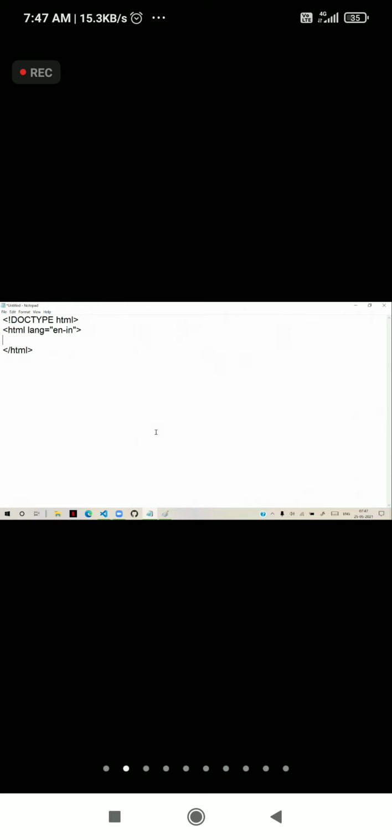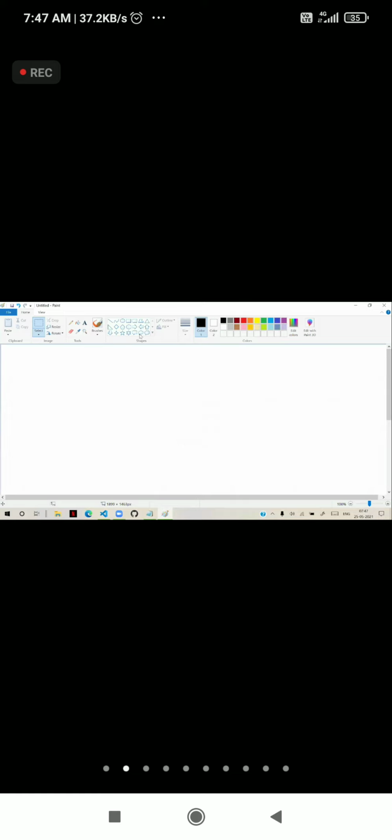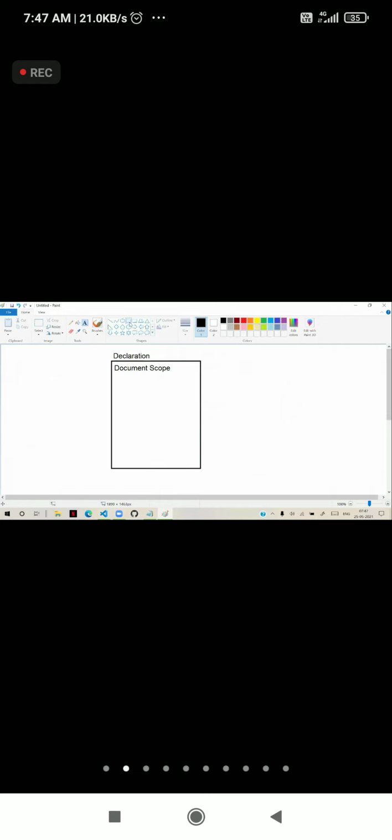Now inside the document scope. At the top, you have the document declaration. And here you have the document scope. Now inside the document scope, you have two sections again. The document is divided into two major sections.